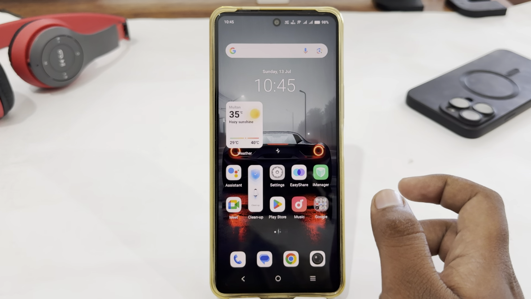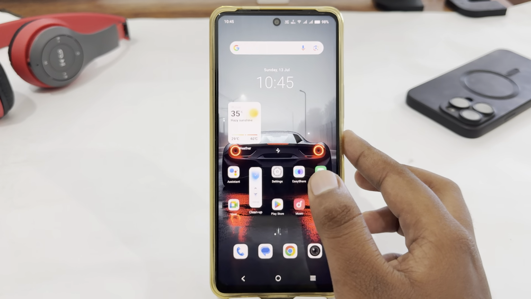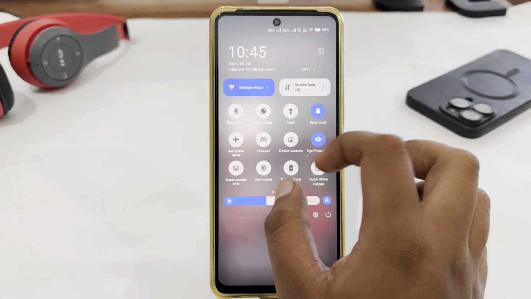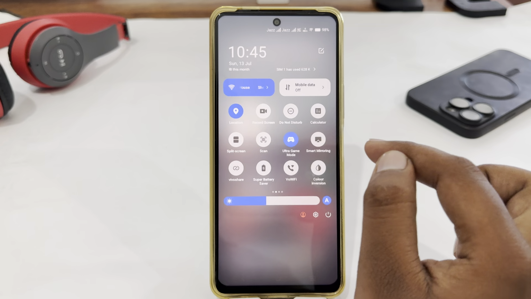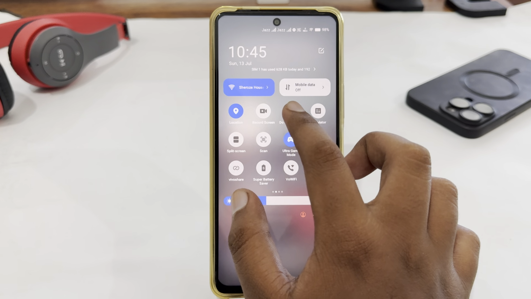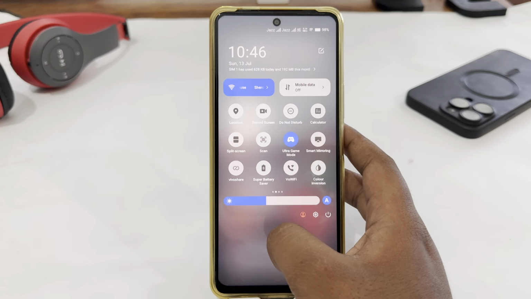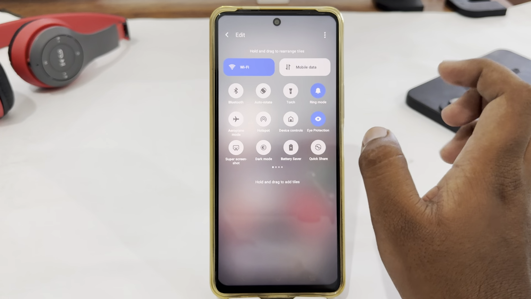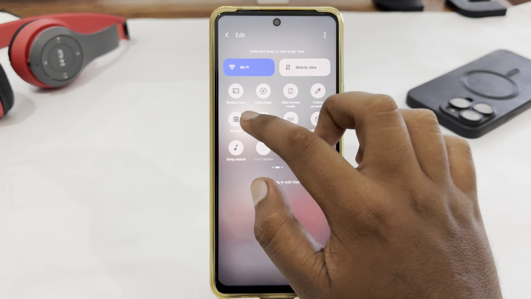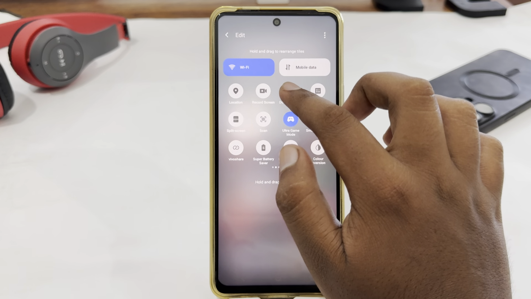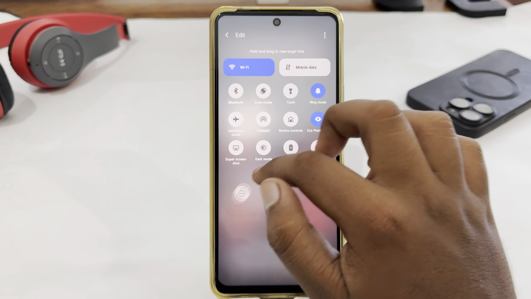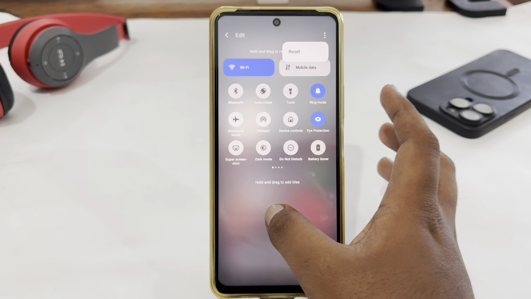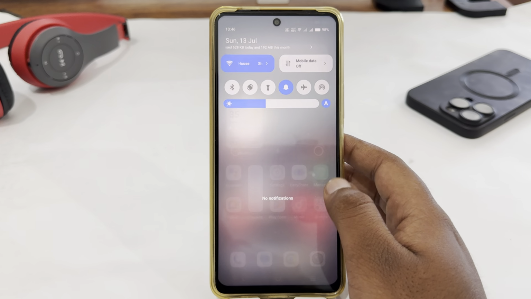There are two ways. First, you just have to pull down your control panel, and here you will easily get Do Not Disturb mode. You can see you just have to tap on it to enable it and tap on it again to disable it. But if you want to get it here, you have to tap on the edit option, and here you have to scroll, and you can select it and put it anywhere. But if you don't get this setting here, you have to follow the second step,